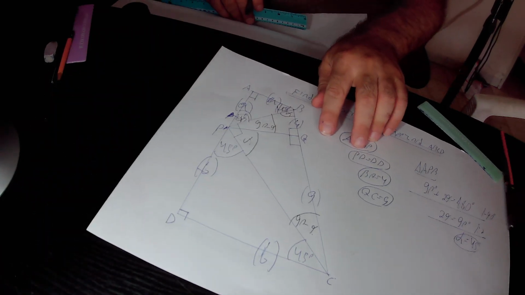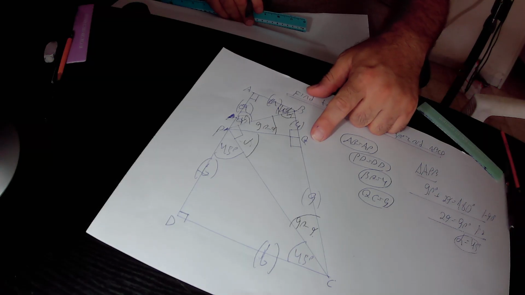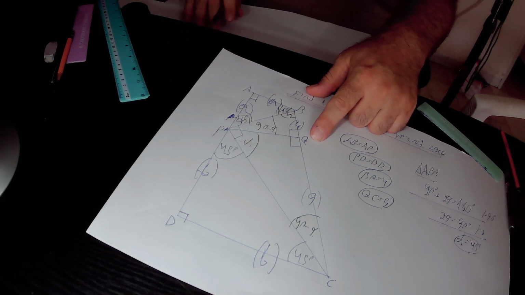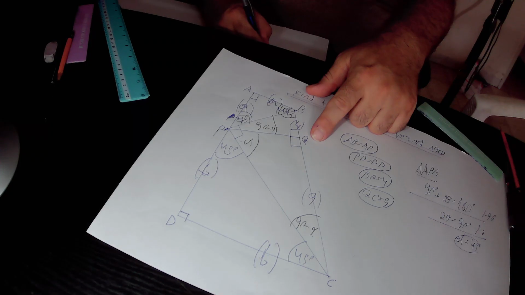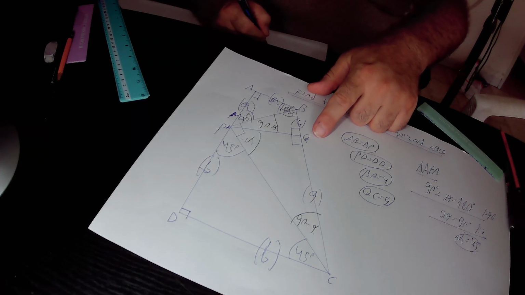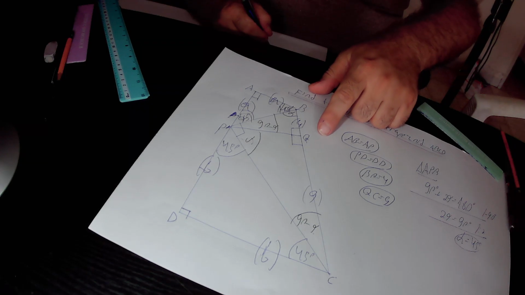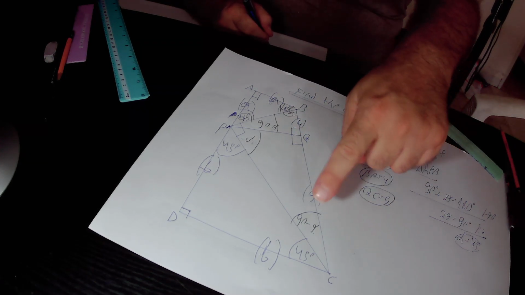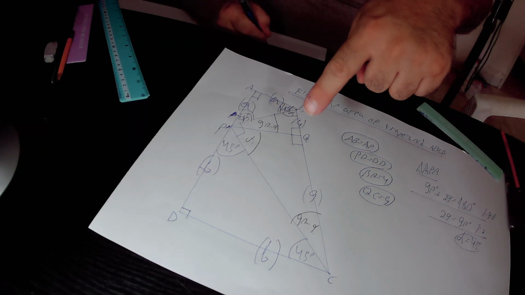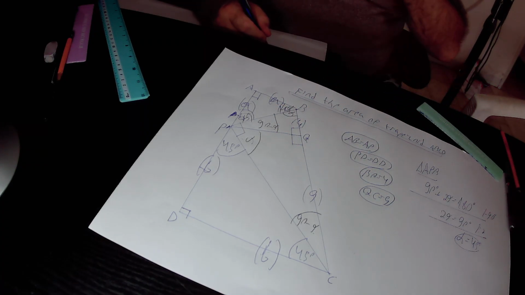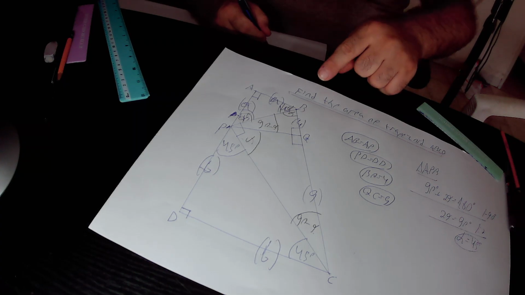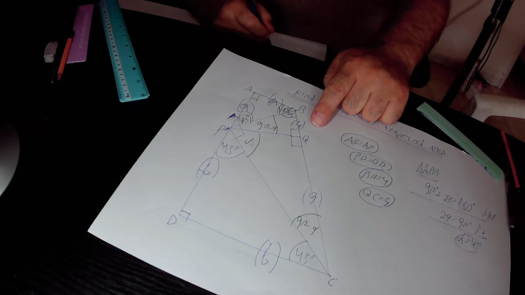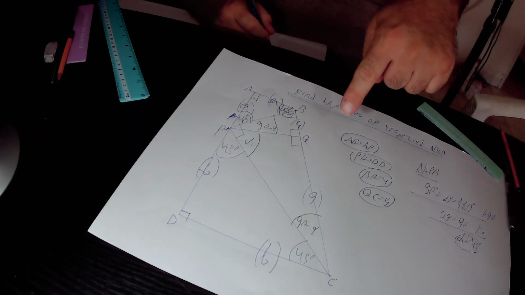We will derive that side BQ of this small right triangle BQP over side PC of this big right triangle PCQ, actually side BQ of the small right triangle PBQ over side PQ of the big right triangle PQC